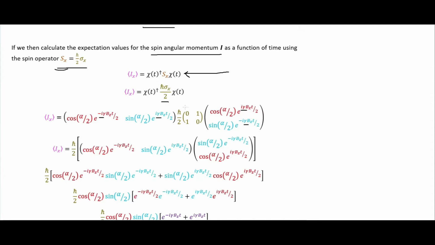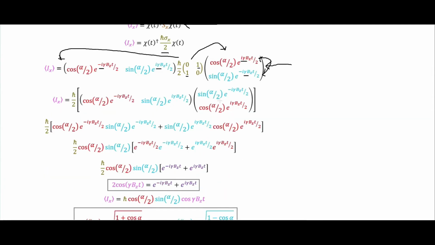So I factored that out, and then I just acted this matrix here onto this, and so that just flips these two things around because we have these two off diagonals here, and so we end up with this. Then I multiply this left by the top and this right by the bottom, so we end up with this